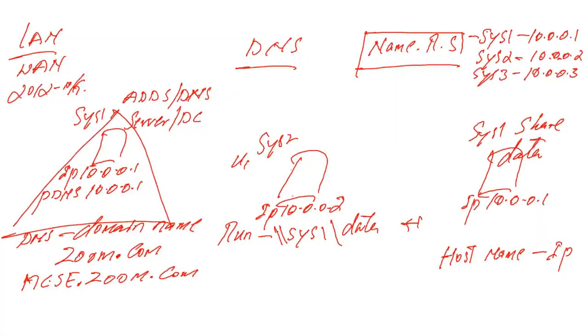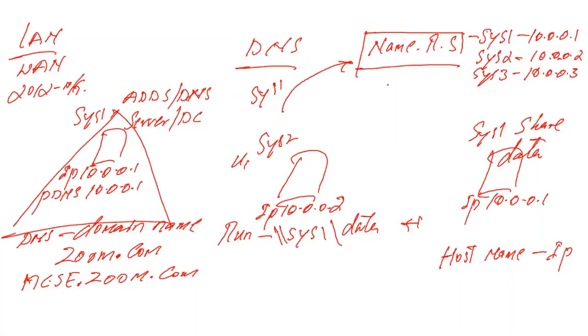Now, as a user, I'm sitting on the system 2 machine. I'm typing //system1/data. Once you press enter, the first request will go to the name resolving service. And what are we sending this time? We are sending the system name, the host name, to the name resolving service. We are asking the name resolving service to take the system name, and I need this machine's